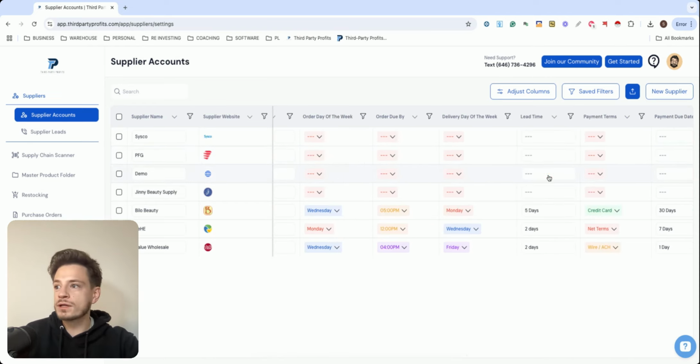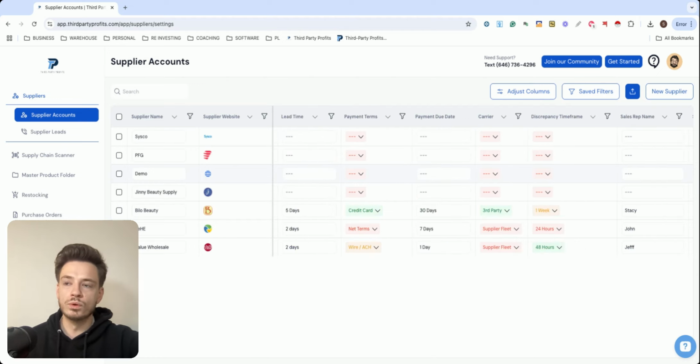what accounts can I wire, or do I have credit cards with, or net terms. So if my cash flow is a little bit tight, I can immediately go to my supplier accounts and see what vendors I can put on credit cards so I can extend that length and continue to buy more inventory. So this is a great tool for my company to use and for your company to use to organize their